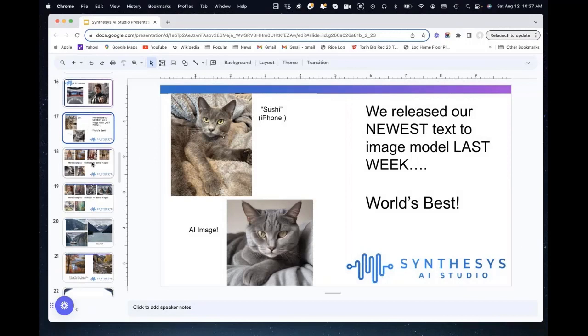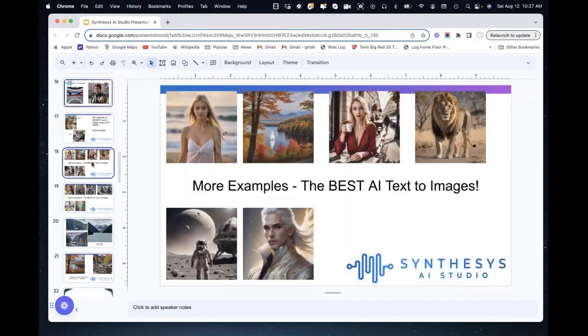Now, you want to see some really amazing ones that I got almost immediately. These are the ones I got the very first day I tried it. From the upper left, you see that blonde woman. All I wrote was young blonde woman on the beach. The next one, I said sailboat on a lake in the Adirondacks in the fall. The next one, I said woman wearing a red top, drinking coffee in a cafe in Paris. The next one, of course, I just wrote lion. It was very simple. The one below it was alien spaceship with astronaut on the moon.